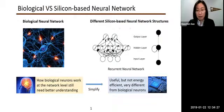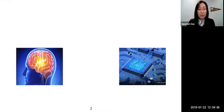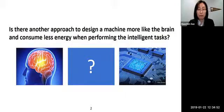And also they are very different from biological neurons because they are, first of all, simplified. Second, they have some topology that is different. And also more important, they also have different properties like learning and predictions. So we have been thinking about this problem of how can we actually better harness the power of something like the brain or neural network or living neural network to perform learning tasks,